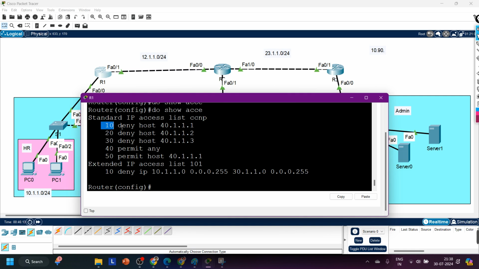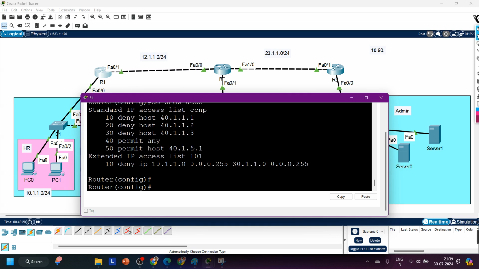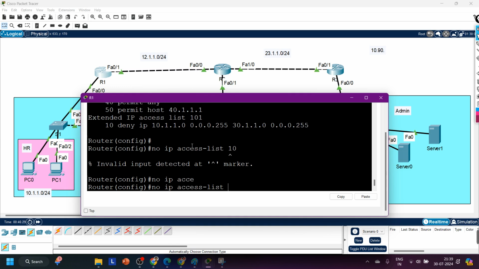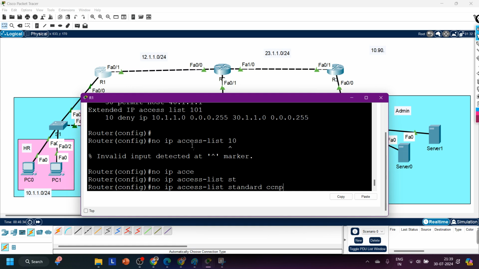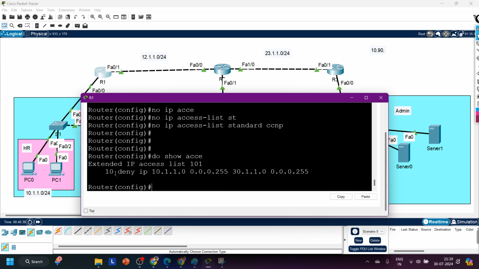See the access list. This is previous access list. Let me say no access list number 10 and do show access list. Oh, no IP access list. The name was standard CCNP. Yes, now do show access list. See, I have one statement with sequence number 10,